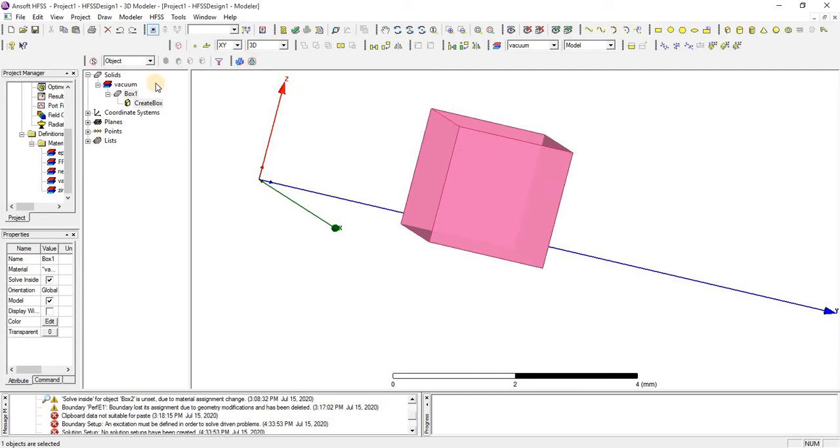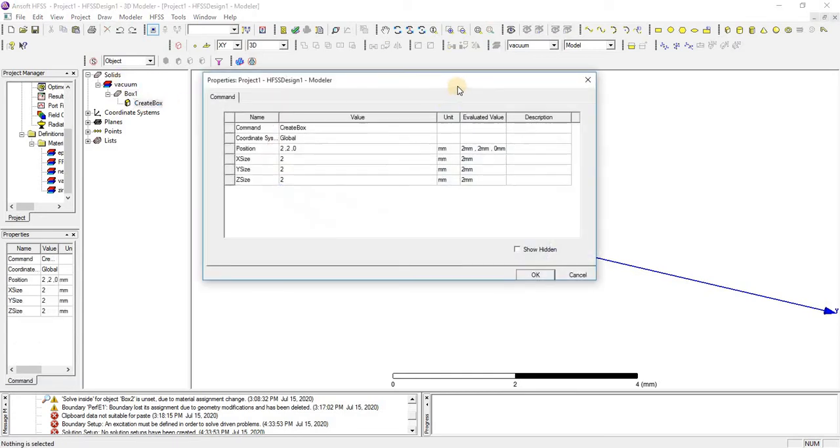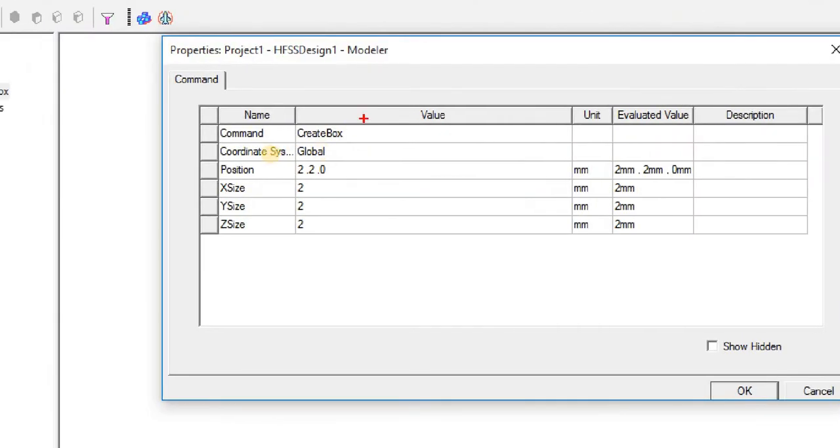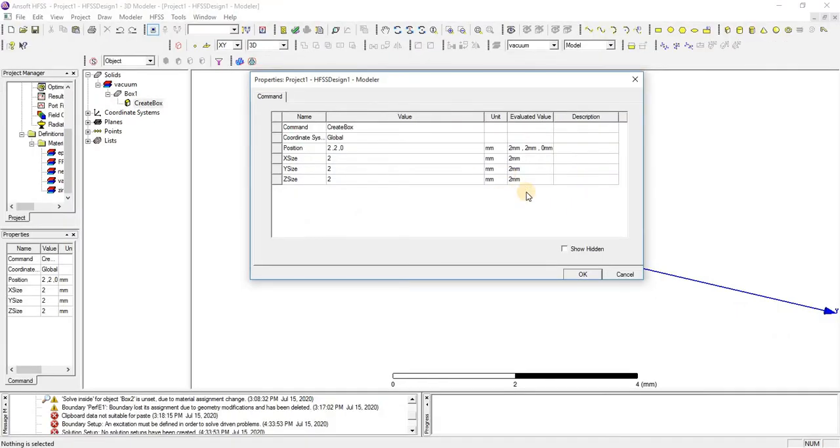First, draw an object. For understanding, I have drawn an object whose position is along x-axis at 2 and y-axis at 2 and 0 for z-axis, and their length is 2, 2, 2. First, taking a simple example, we will see how these commands work.